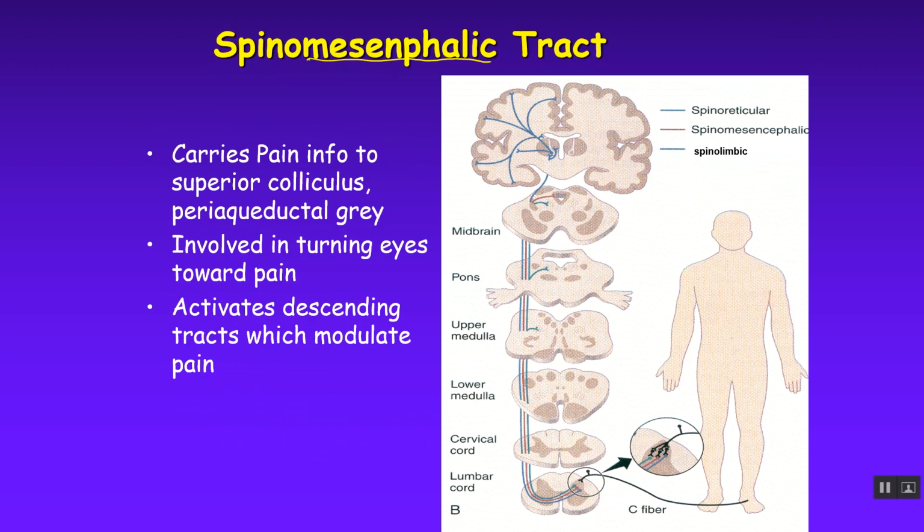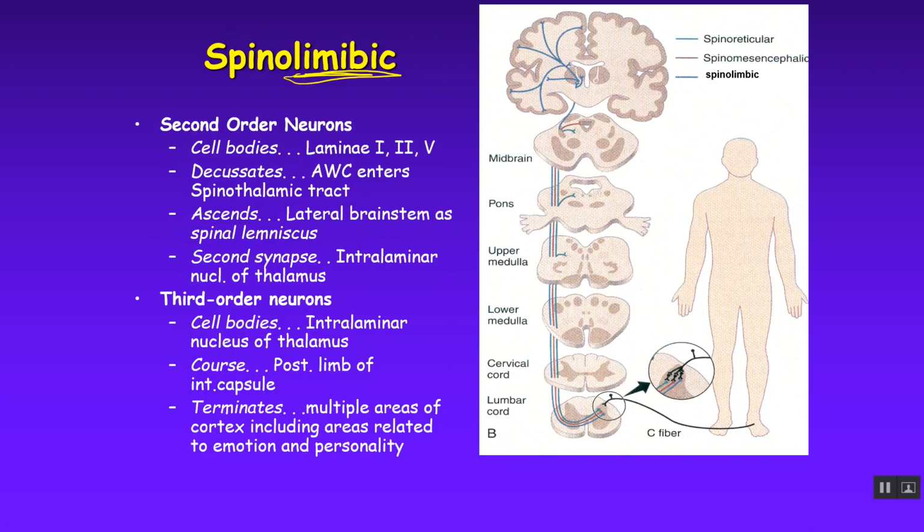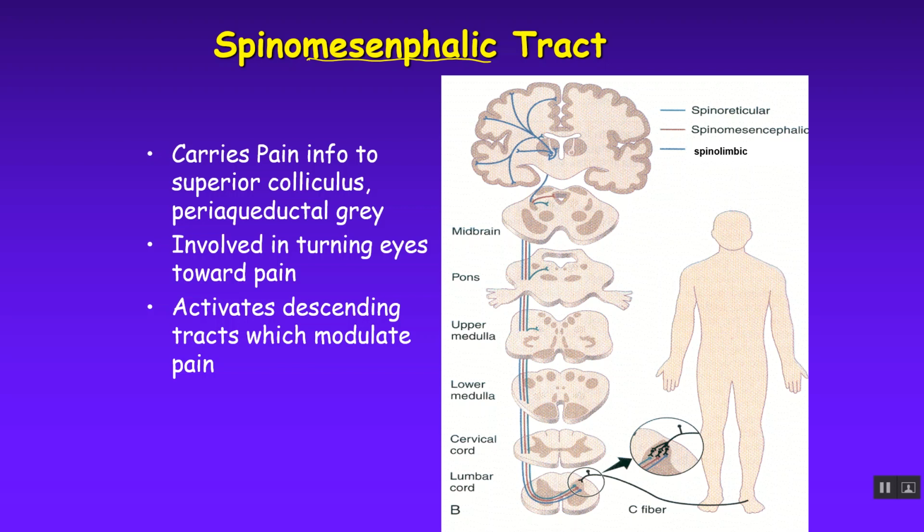We're getting there. Spinomesencephalic tract. We're stopping at the midbrain. So here's what you need to know: everything else is all the same as the spinal limbic pathway, but the first part of the neuron here has two orders of neurons. Since we're not going up to cortical structures, we're stopping in the brainstem, we'll only have